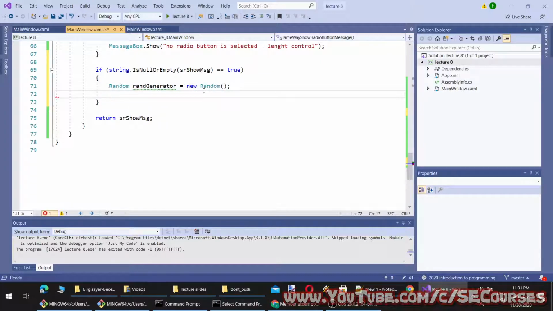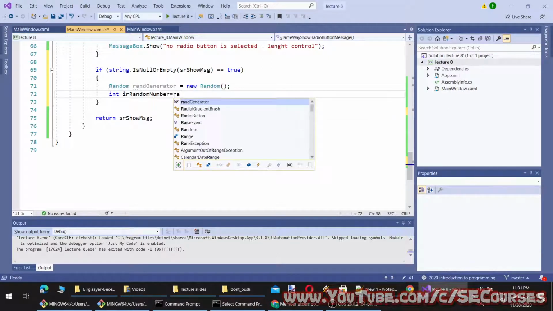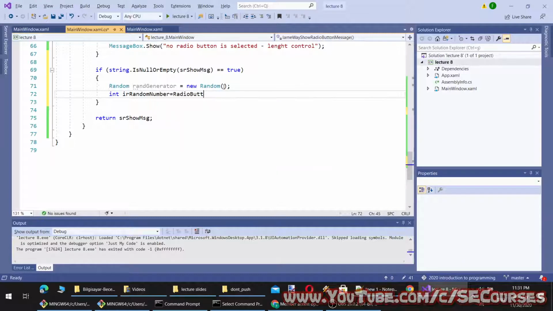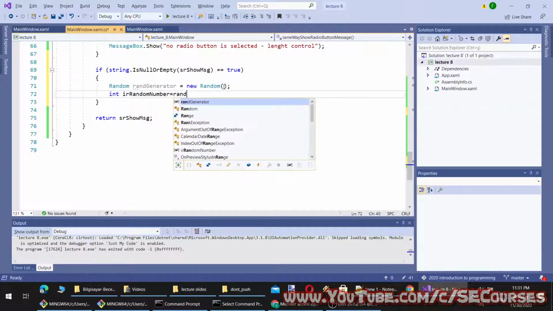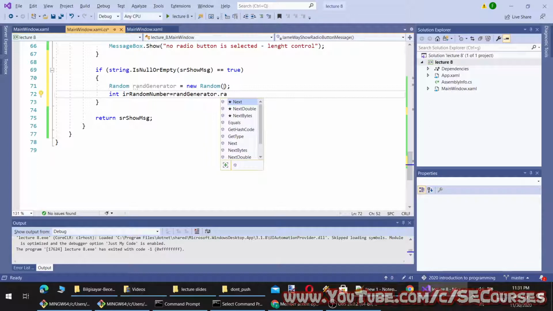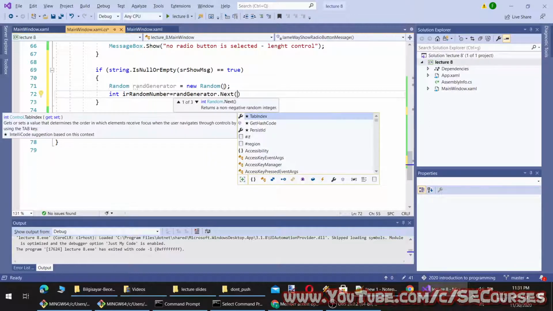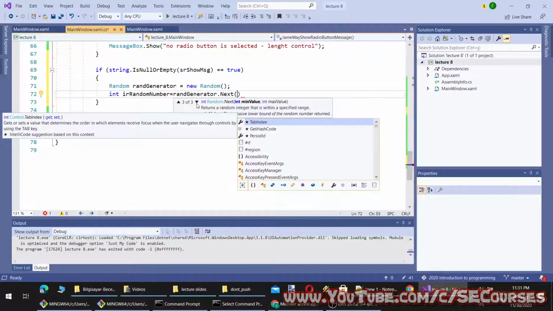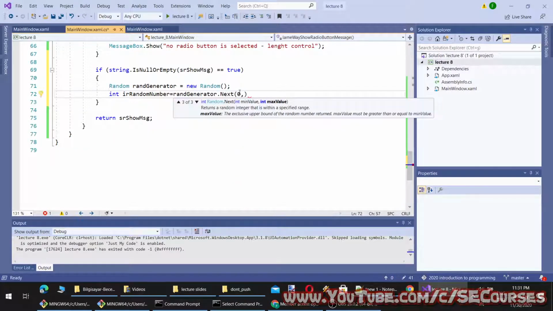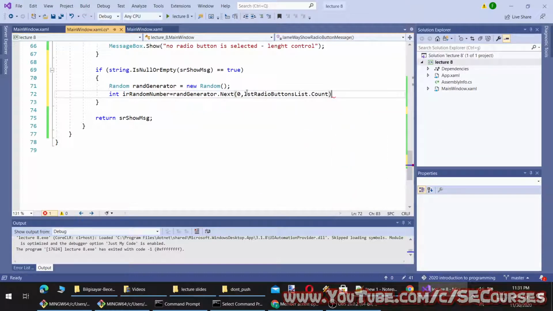Okay, and let's pick a random number. Rand generator, Next, it will be minimum. You see there are overloads, so it will be minimum 0 and the maximum value will be equal to the number of elements.